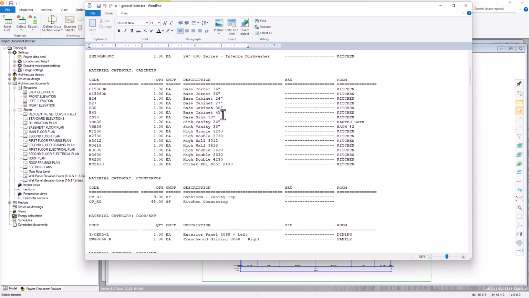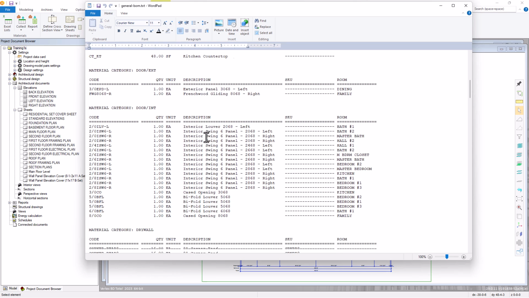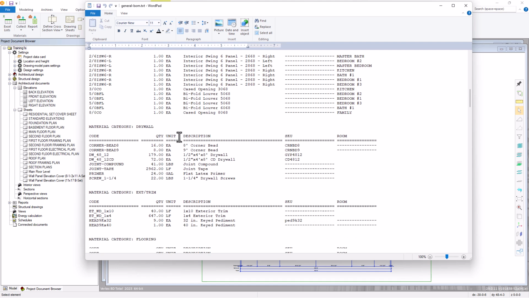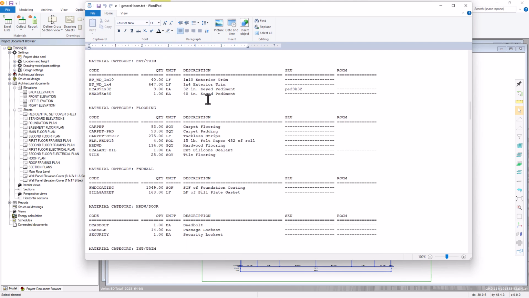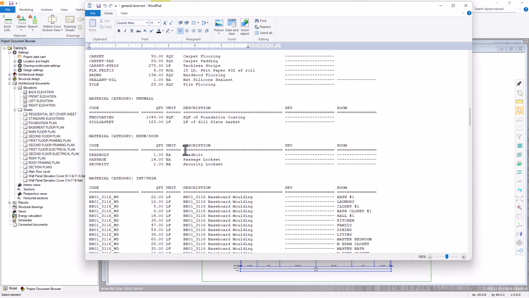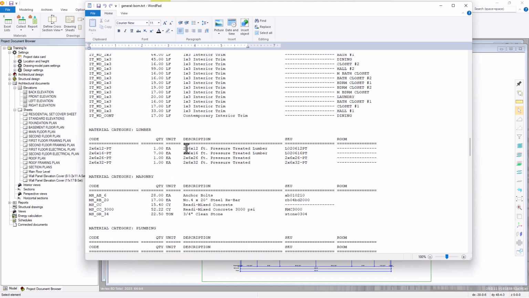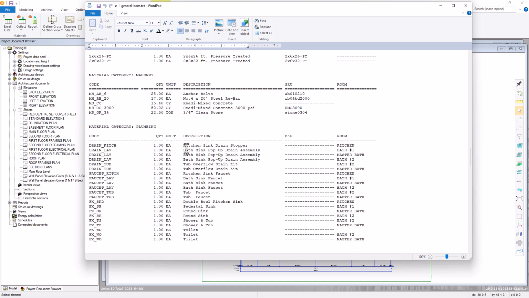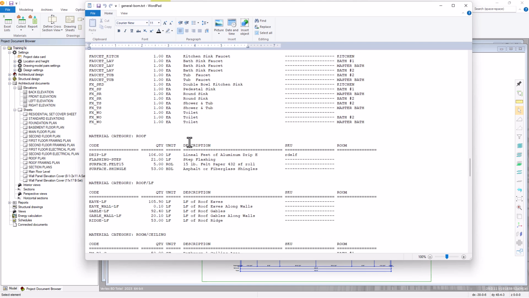We have cabinets, countertops. We have a list of interior doors, drywall, exterior trim, flooring, interior trim, our plumbing,